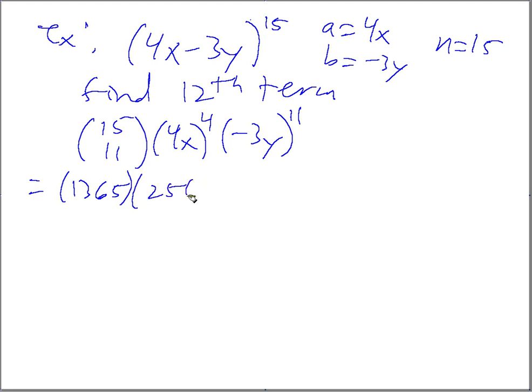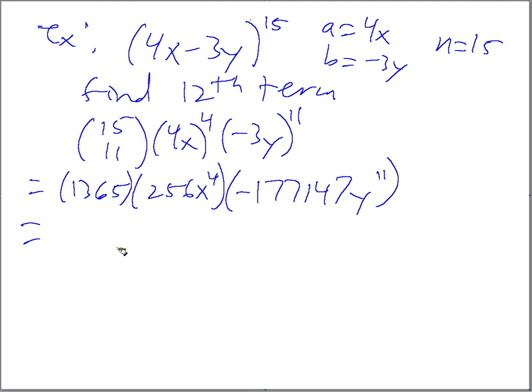4 to the 4th power in the calculator is 256. x to the 4th power, right? And what about this one here? Negative 3 to the 11th power is going to be negative 177,147, y to the 11th power. Okay, so pretty big numbers here. Let's see how this turns out on my calculator. Hopefully it won't give me scientific notation, because if I run out of space, it'll give me that on my calculator. Times